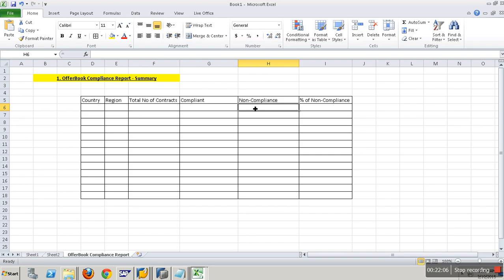Because let's say my offer book is going to have 24 or 25 offer elements for each combination. For a particular customer, for petroleum products, let's say there will be 24 offers, and all those 24 are maintained in the contract. I must compare 24 entries and say whether my contract is compliant or not.